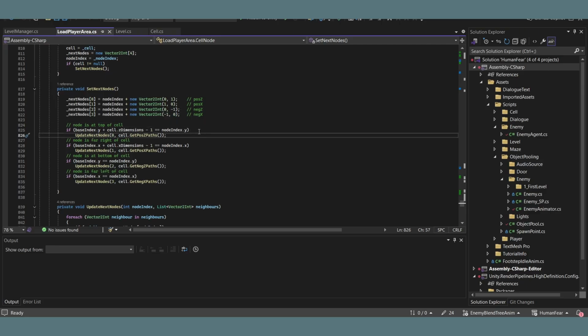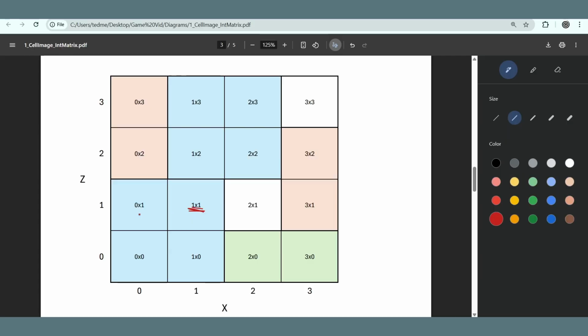However, we then need to find out if that node is actually accessible. So we initialize all of them to the correct next node, but here we're checking if the node is at the top of the cell. So if it's 1x1 or 0x1 here, or any of these other underlined values, which are just at the most positive Z